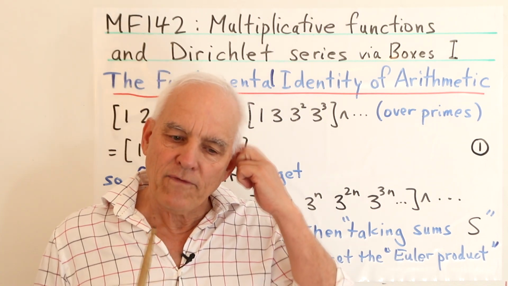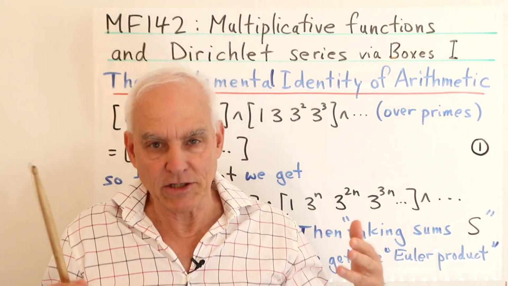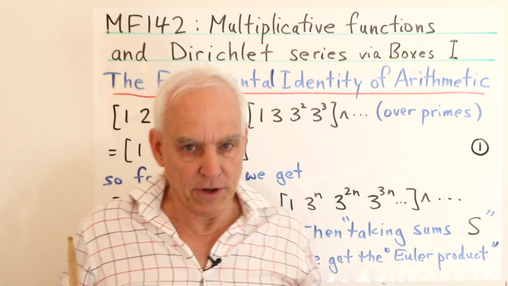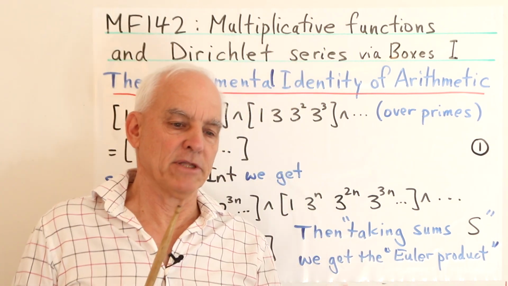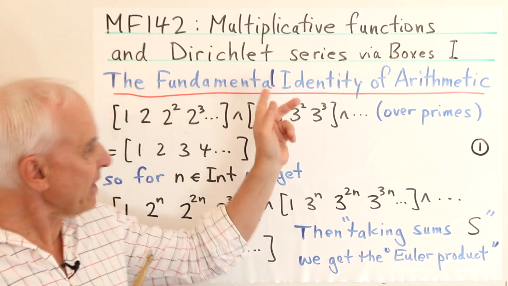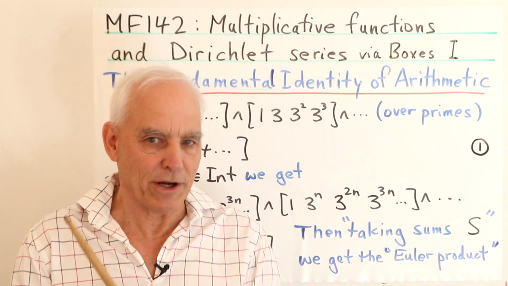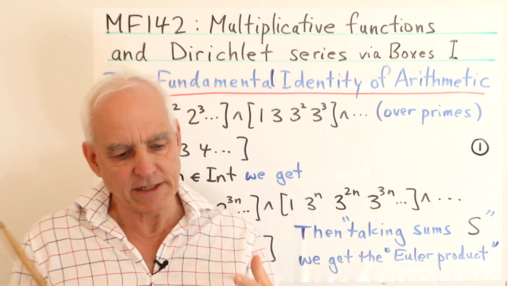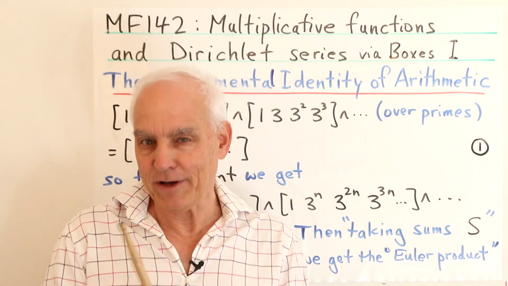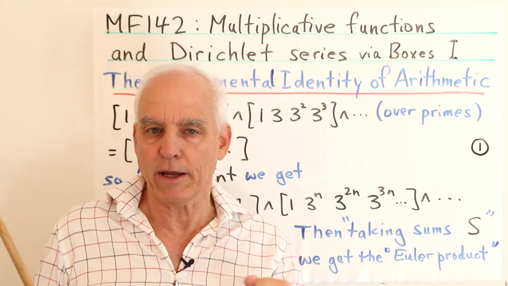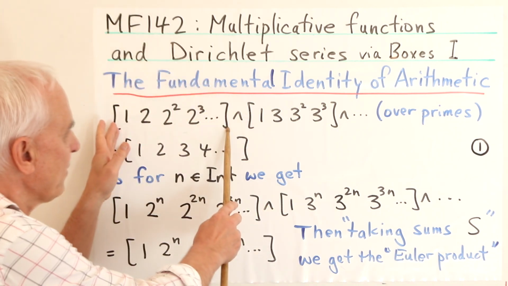And we've shown how to take that identity and use it to cook up variants of the Euler product. I want to go further here by talking a little more about multiplicative functions and then applying them to this situation. And perhaps in the next video, we'll bring in Dirichlet series into the story also. So we're touching base with some pretty fundamental and important ideas from number theory, but perhaps in a somewhat novel combinatorial way. Okay, so the fundamental identity of arithmetic is this one here.